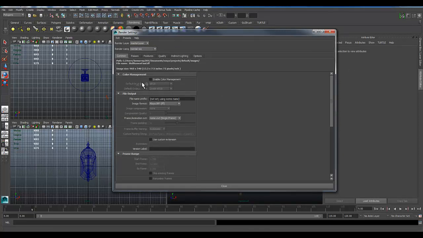The first thing I want to do is go to my common settings and fill in the blanks. Right now, we need a name for it. So this one's going to be wall sconce. Let's just call it turntable. Okay. Now image format, depending upon what you're wanting to do with it, I'd recommend either PNG, TIFF, or